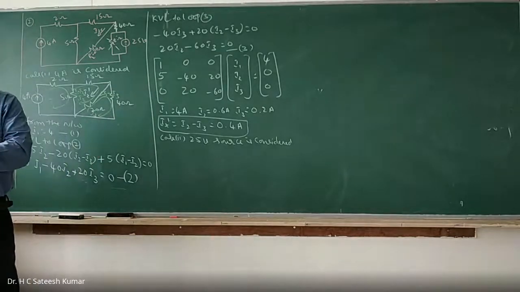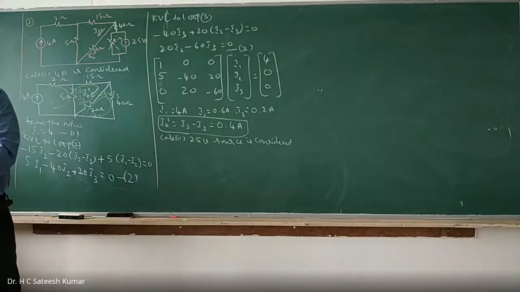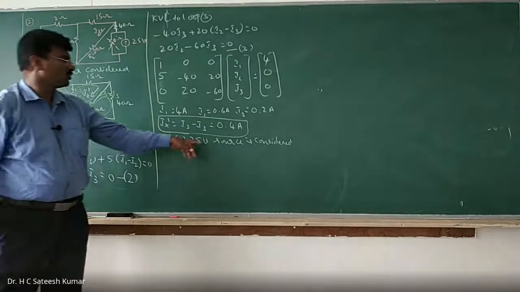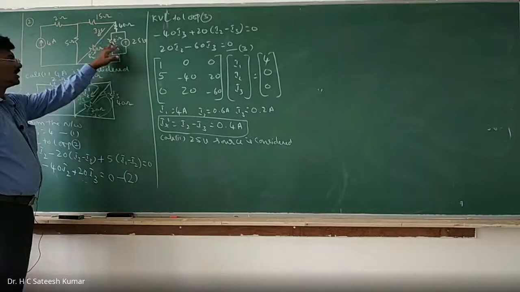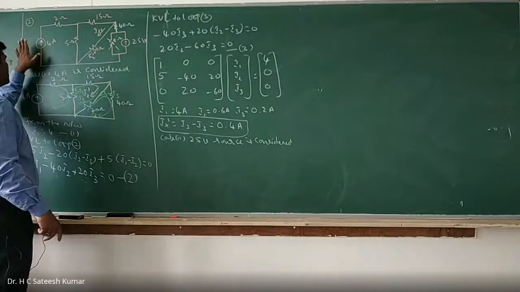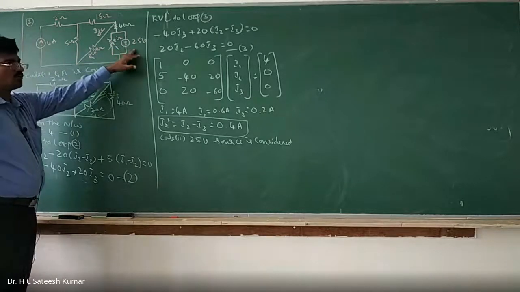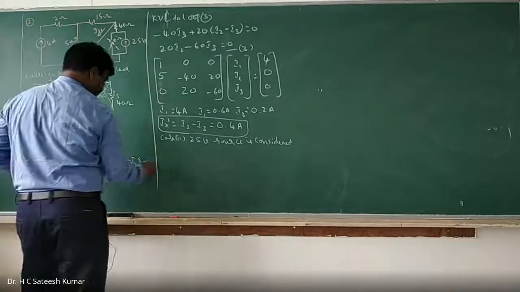Okay, right. Now we shall move on to the second case, wherein the 25 volt source is considered. When 25 volts is considered, this is already removed, eliminated, because any resistance in parallel to the voltage source will become redundant. That means it will become open circuit. Now, the 25 volt source is considered. This is 0. The current source is made 0 by open circuiting. So therefore, I'll rewrite the circuit diagram.